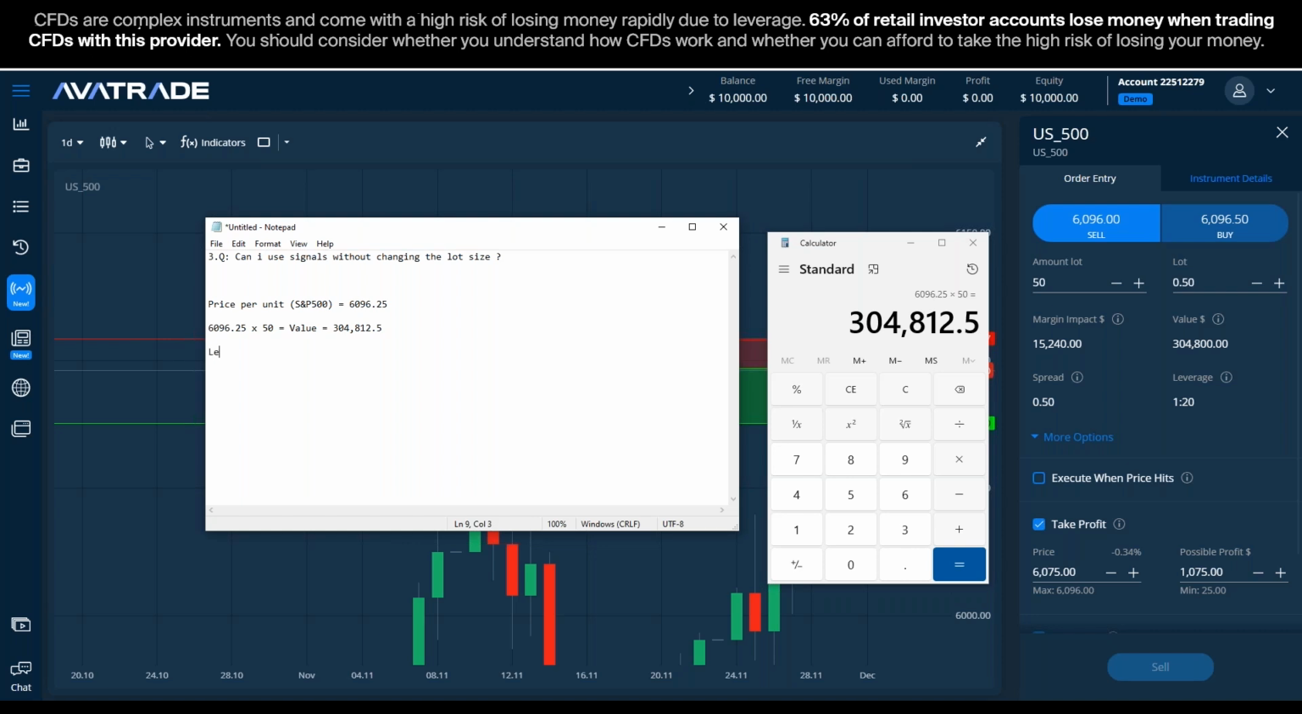And then we have the leverage. Okay, the leverage is 1 to 20 in this case. Multiplies buying and selling. And because I multiplied by 20, what I can do is I can naturally divide my value by 20, which brings us to 15,240. And the reason is,